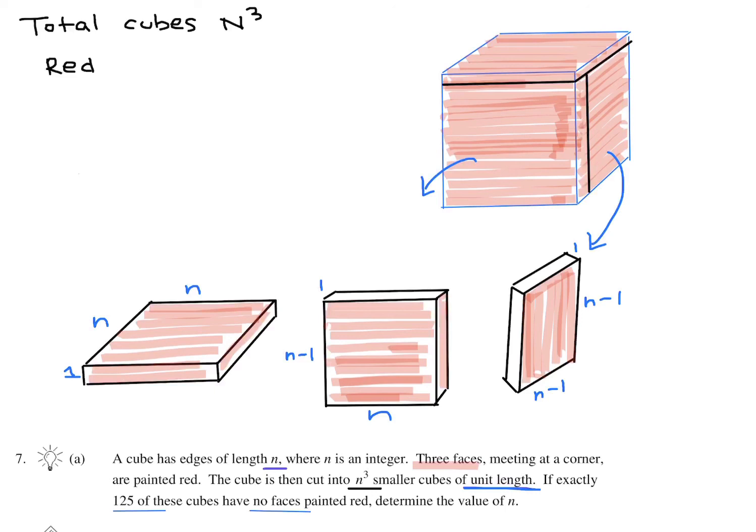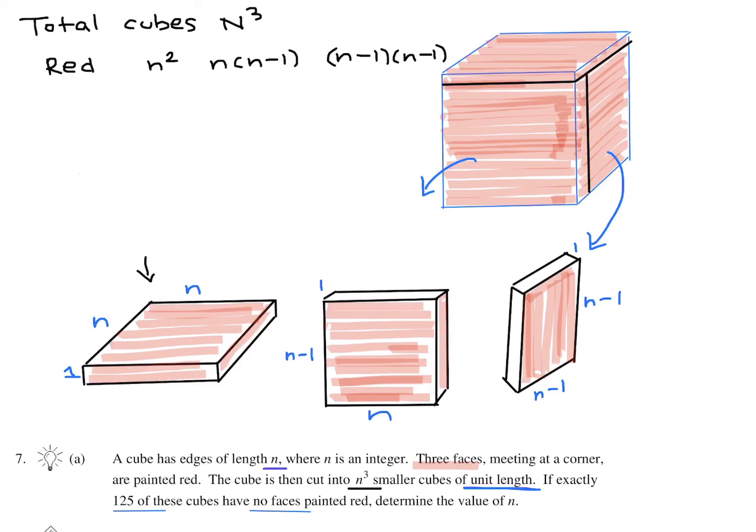The first is going to be n squared, this one right here. The next one is n times n minus 1. And the third one gives us n minus 1 times n minus 1